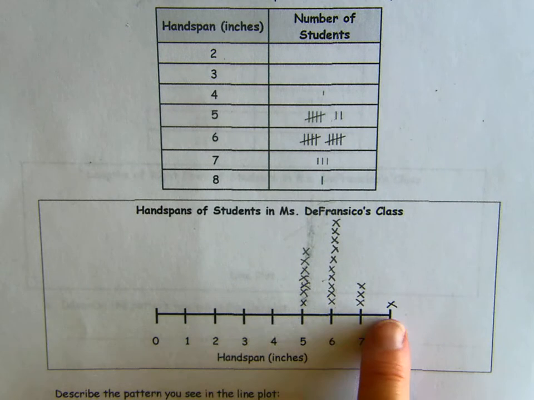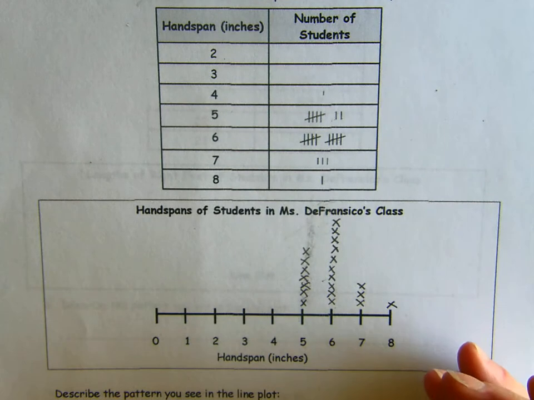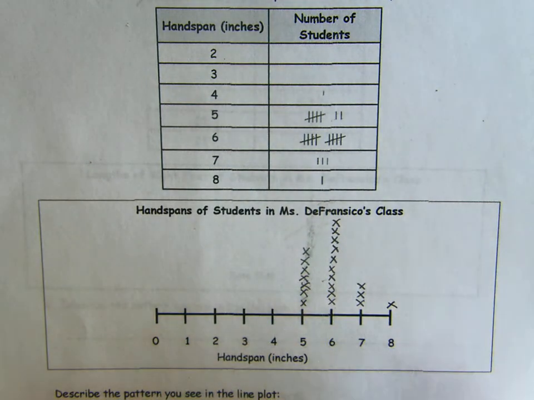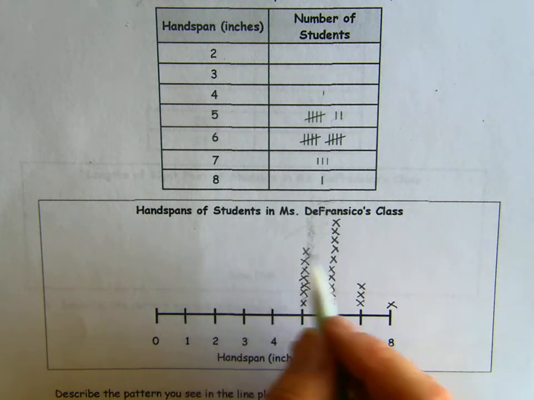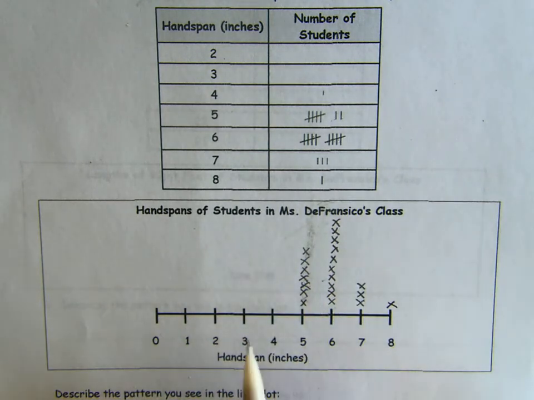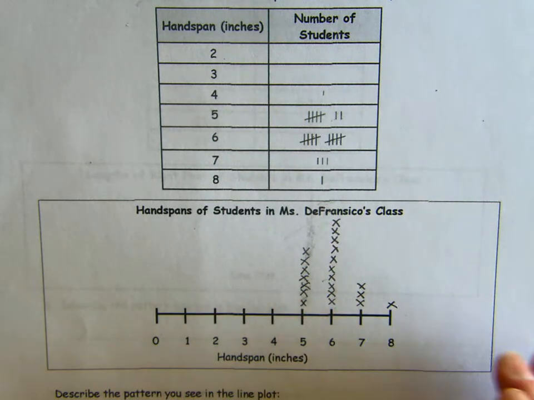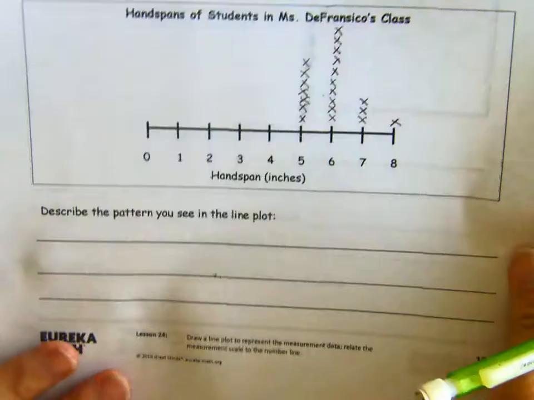So when I look at my columns, I should be able to see right away which one has the most, which one has the least. And if there are any that are the same, because if there are some that are the same, we really want it to look right about the same on our line plot. So we want to try to keep them small enough, try to keep them all about the same size. Going on down to the bottom,